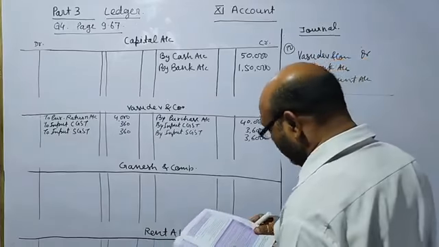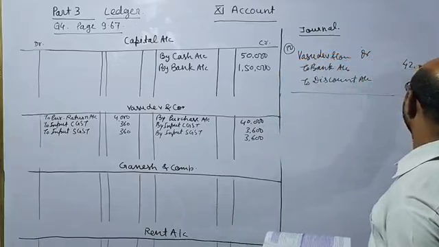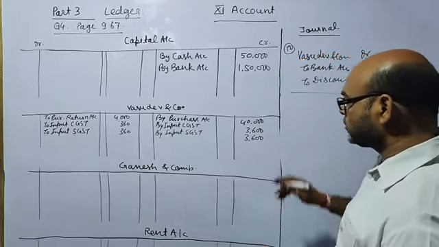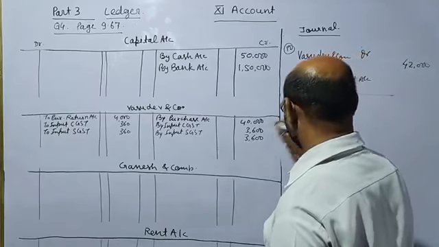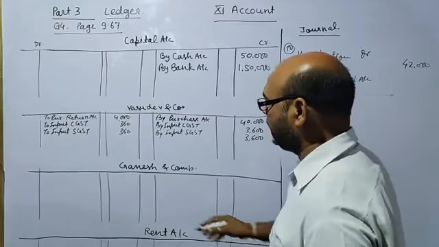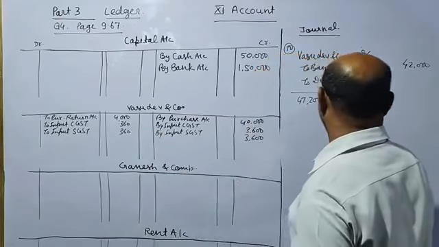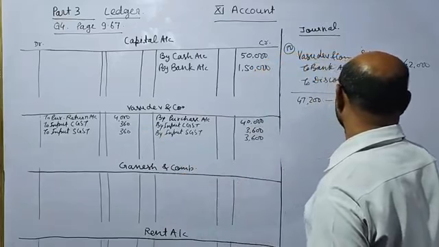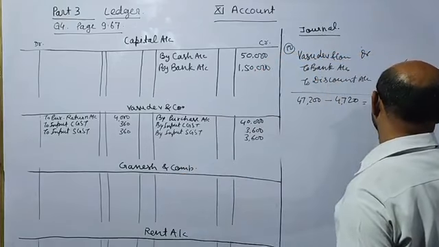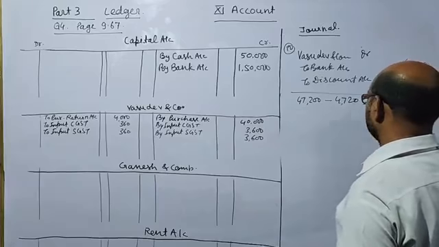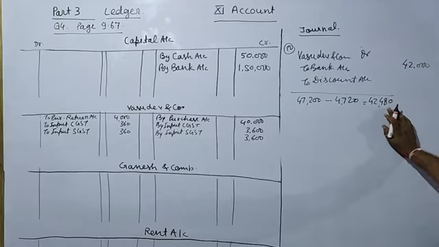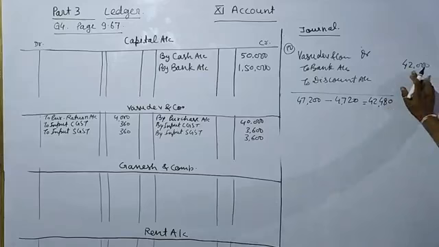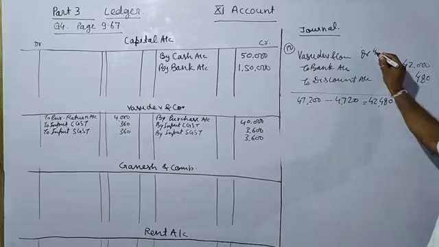You have issued the check of 42,000. So before the bank you will write 42,000. Now total amount of Vasudev credit side was 47,200 and debit side this is 4,720. So amount will come 42,480, but you have paid only 42,000. So 480 will be discount and